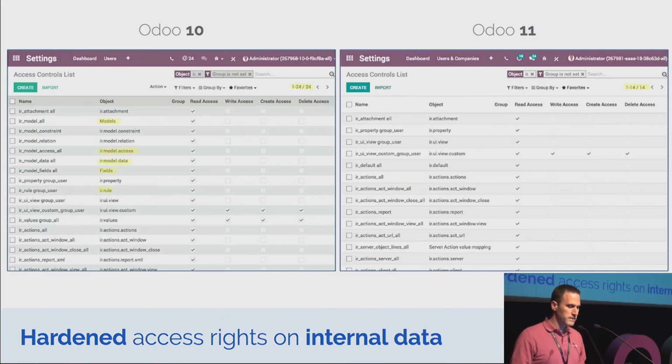Another really nice thing that we did with Odoo 11, the one I prefer in the new security features, is that we also did a complete review of all the security control on the internal data object in Odoo. What I mean by internal data object is the metadata that drives the screens, the views, the menus, of course also the models, so your database tables, the fields of those database tables. So we used to have a very relaxed set of access control on these tables, which could be quite a security issue if you had